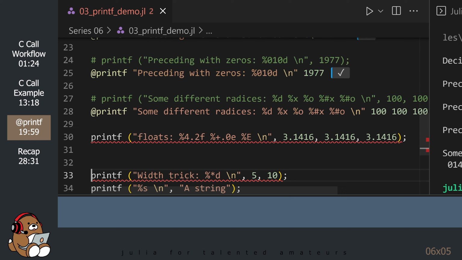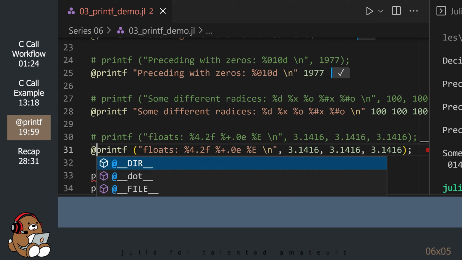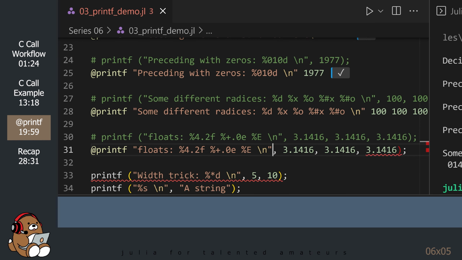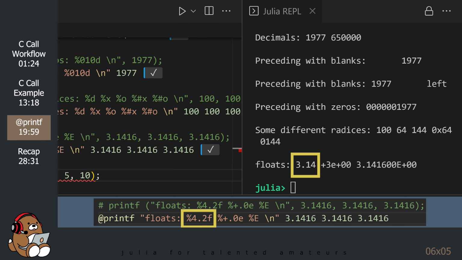This next example shows different ways of formatting pi. We've discussed the number following the decimal point before. That just indicates the number of decimal digits to display. If you want to display a plus sign to indicate a positive value, then you need to use the plus character after the percent character. The lowercase e stands for the lowercase scientific notation. The uppercase E stands for the uppercase scientific notation.